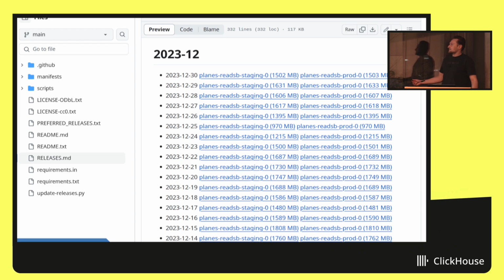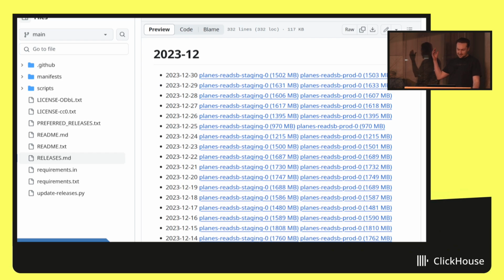And I decided to use adsb.lol because it provides the dataset on GitHub by direct links without authentication, without any restrictions, with a permissive license. And you can see every day you have about 1.5 gigabytes of data.